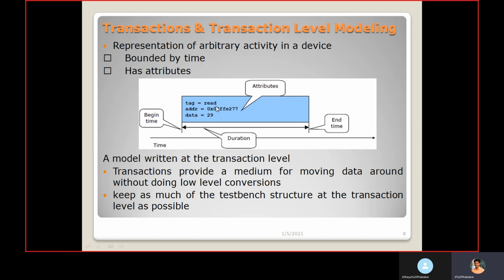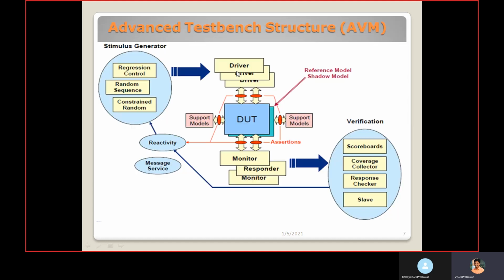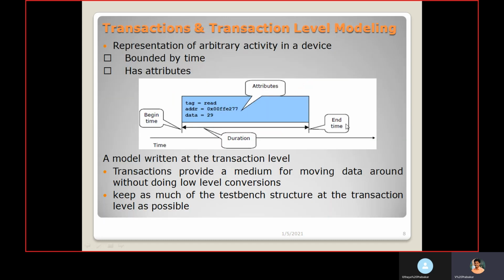You can give values to the attributes inside the transaction. Once I send it to the driver, it is sent, and at the end time I can remove the memory. Again, I can create a new transaction in the generator.